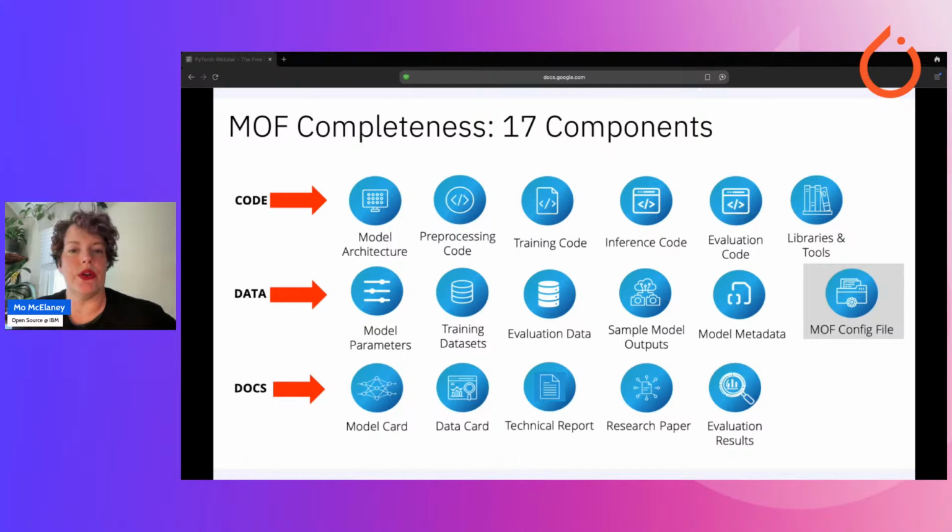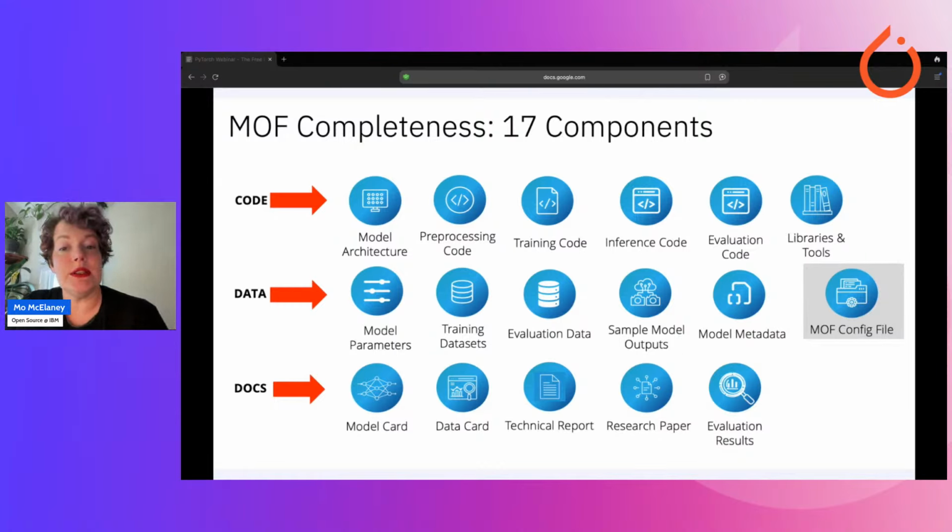For code, you're looking at model architecture, pre-processing code, training code, inference code, evaluation code, and then also what libraries and tools are leveraged within this. For data, you're looking at model parameters, the training data sets, evaluation data, the sample model outputs, model metadata, and then there's the config file for the Model Openness Framework in there as well.